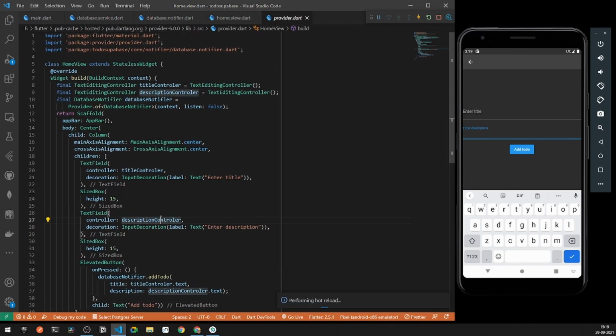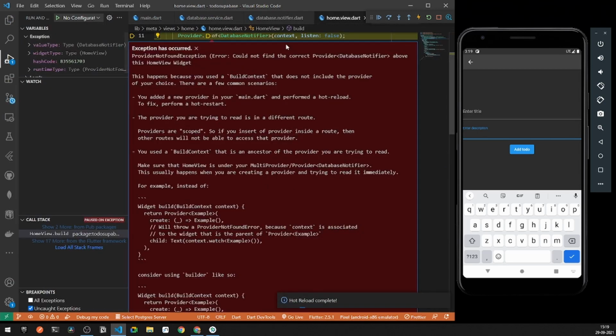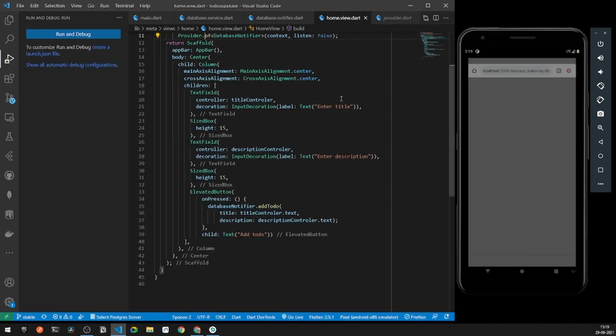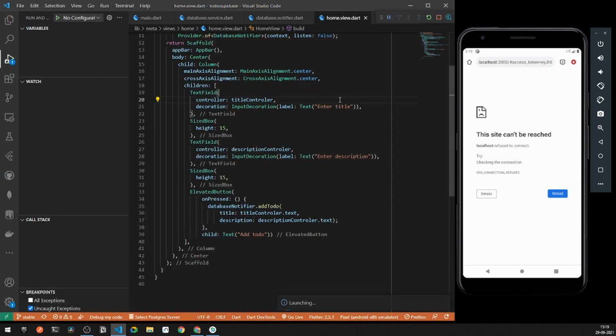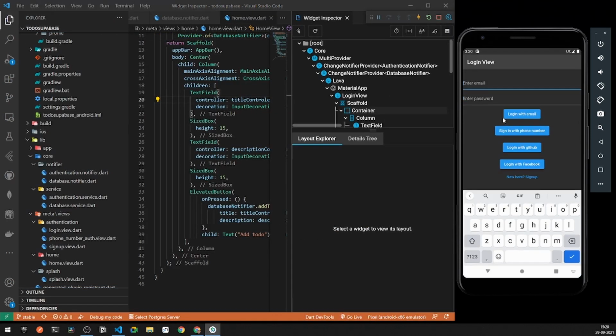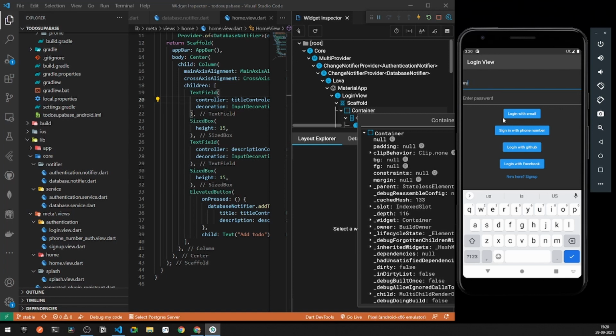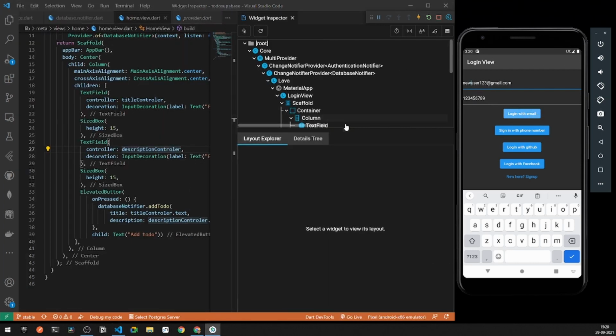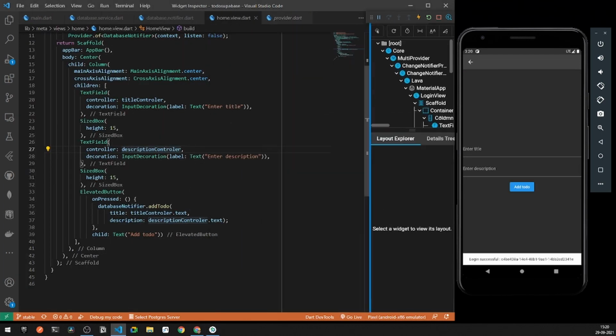Now let's get started with writing the actual thing. As you can see, I will be getting the following error because we haven't reloaded our entire application. So what we can do is close the entire application and start it, that is, reload it one more time. Alright, so let me log in. I have got a fake user, so it is user123@gmail.com, and let's log in. Right, so login successful, and we are under our entire application.